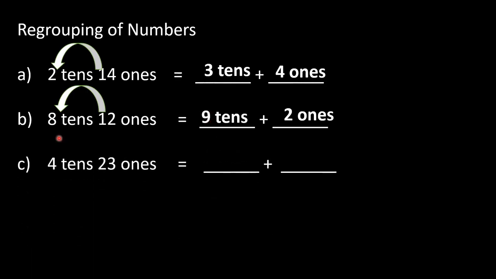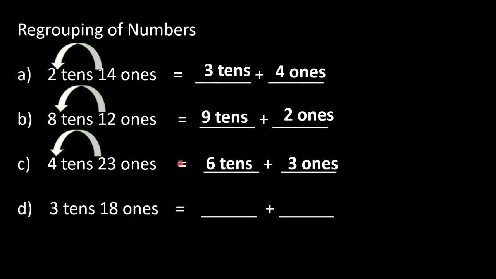Now in C part, 4 tens, 23 ones. So here at tens place it is given 2 in 23. Tens place 2 is there. So we will carry forward 2. Okay, so we will take 2 to the 4 tens, beta, so it becomes 4 plus 2, 6. So here the answer is 6 tens and 3 ones. So here first of all we will write 3 ones and then we will write here 6 tens.